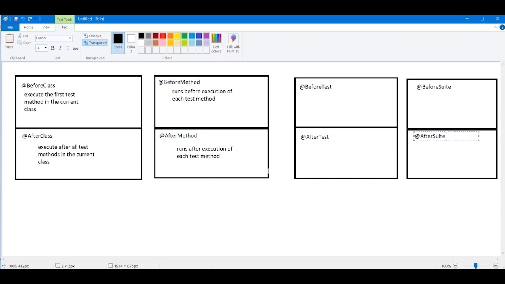Now the most important question I need to focus upon is why we need these BeforeMethod and AfterMethod annotations.